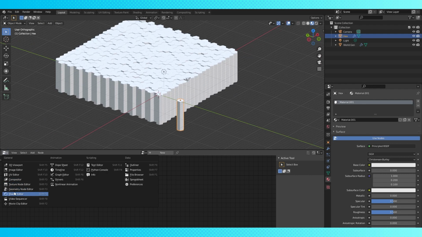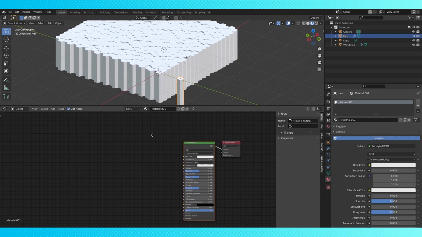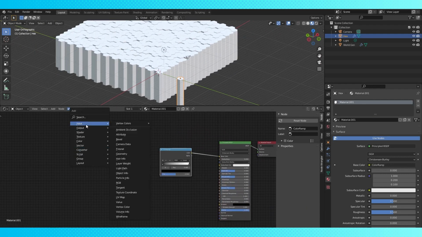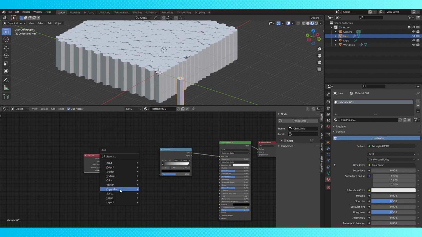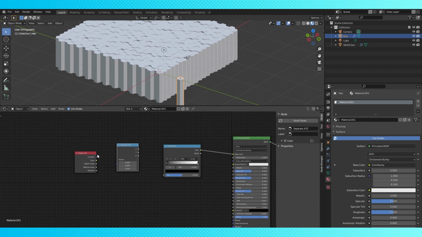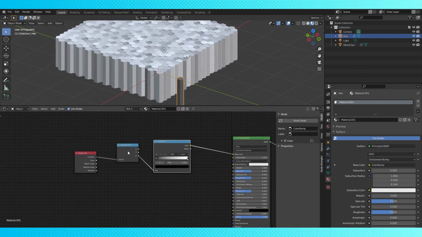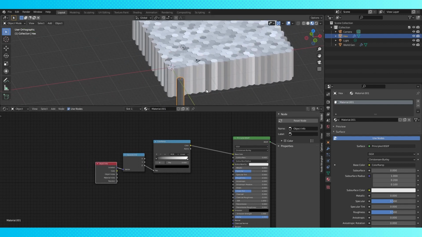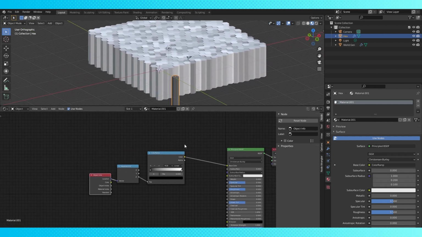Switch the bottom area to the shader editor, and let's create a material that takes into account our instance object's Z location. It's pretty simple. Use the location from an object info node and separate into the X, Y, and Z components. Connect the Z output to a color ramp and that color ramp to the shader color. We'll come back to this material later, but this will show us our hex grid's heights pretty clearly as we